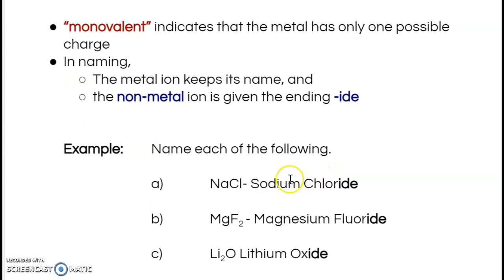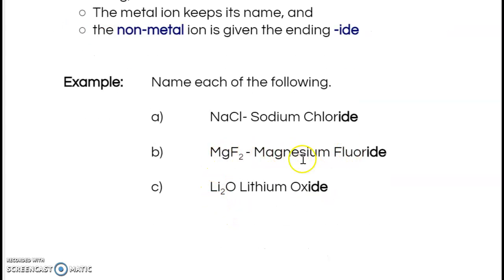For example, sodium chloride, NaCl. Magnesium fluoride, MgF2. Lithium oxide. You notice that the IDE is always at the end. It's not lithium oxygen, it's lithium oxide. IDE is put at the end